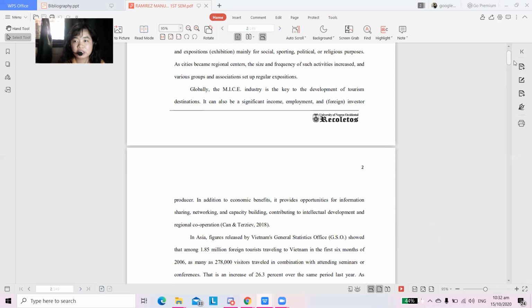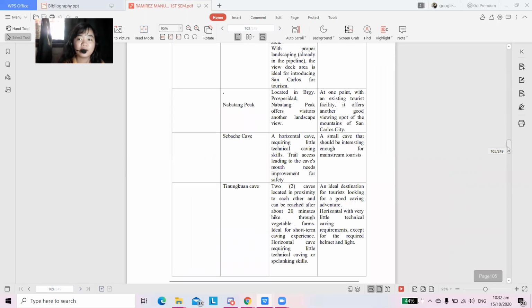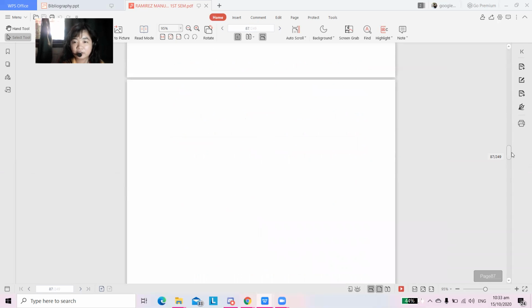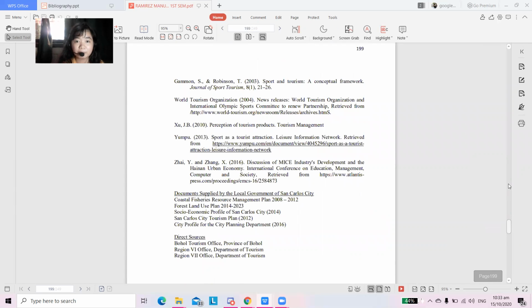Now, kaning names si Jamgade and Terziev class, although na-cite na nako siya in text, no? In the text jud siya class, pero nag-provide pud ko og reference list no para doble ang ako ang referencing nila. So, di ba nagsulat akong gibutang ang name sa mga authors no sa text nga wherein sila ang gahatag ani nga idea or sila gasulat ani. So sa reference list ako na gi-reflect dito. So doble, dapat doble yung class.